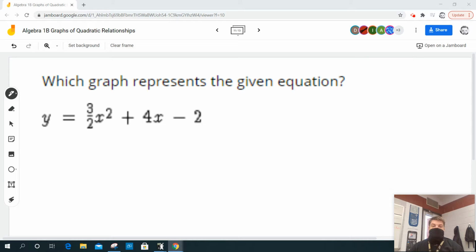Right, it says which graph represents this equation. So this is easy. I'm just going to graph this in the calculator. But here's what I know. All right. I know that if I graph this